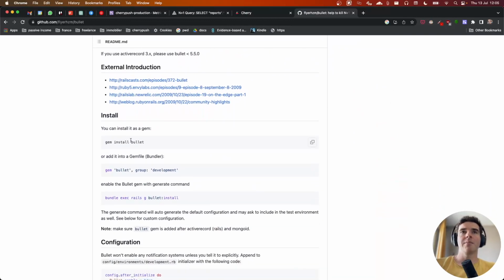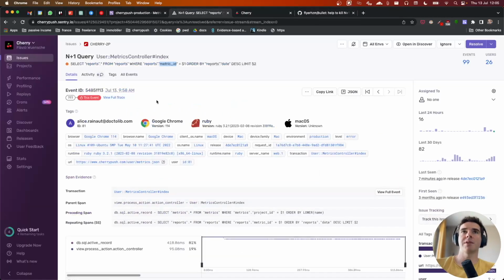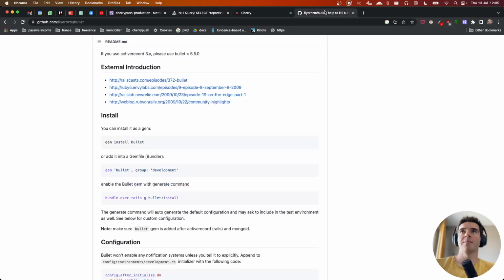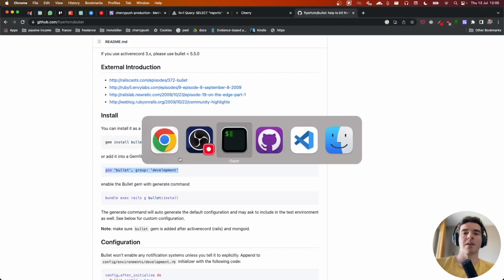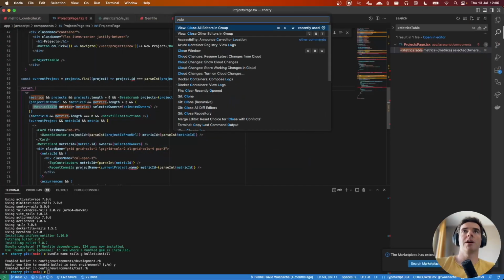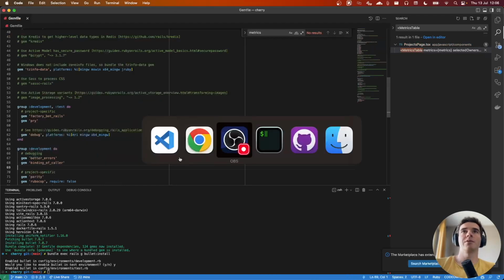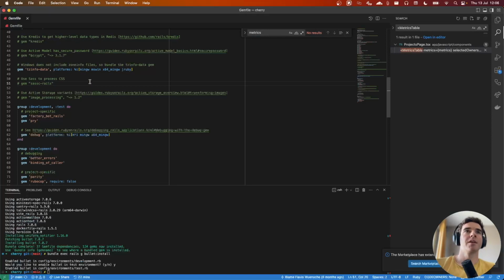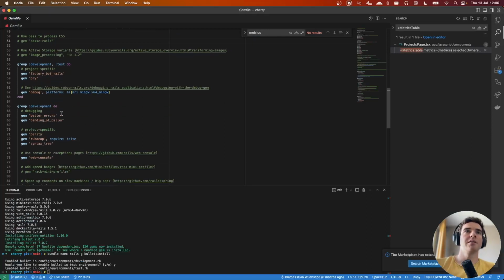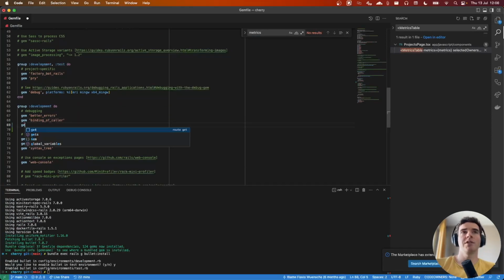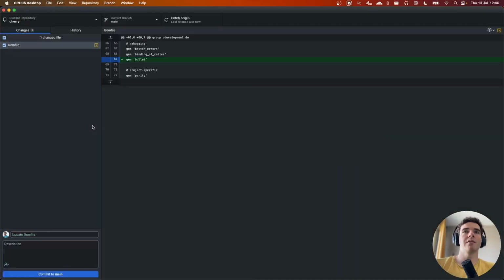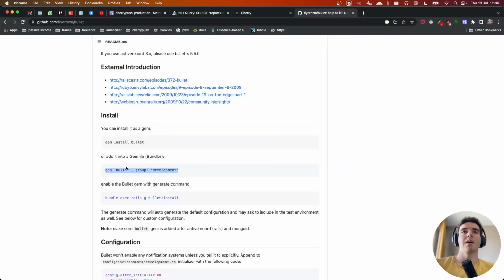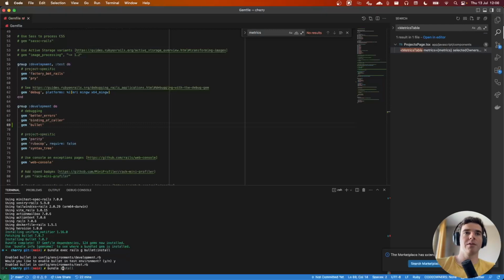So let's get started by adding the bullet gem, even though we could go straight to the fix with the information that we already have here. But I'm going to show you how to set this up real quick. So in your app, you can go to the Gemfile. Let me just make sure I don't have any changes. Yeah. And inside the development group, since that's only needed for development, we can add the bullet gem here. And so we're going to be able to bundle install,